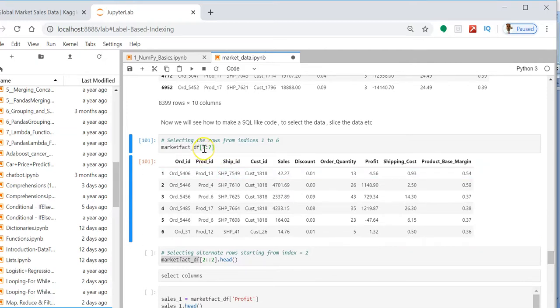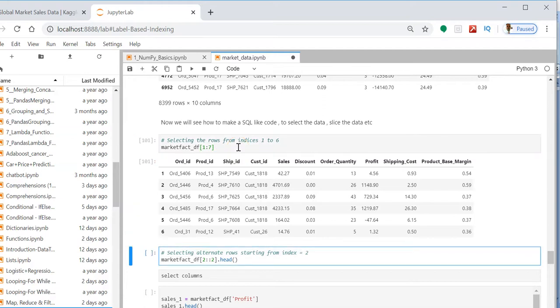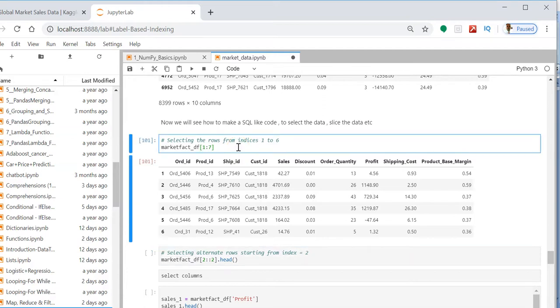Here 1 is the actual index, and the last one, 7, is always minus 1, so the selection stops at 6. You have to remember this point. It's a bit confusing, but if you practice programming, there will be no more confusion.